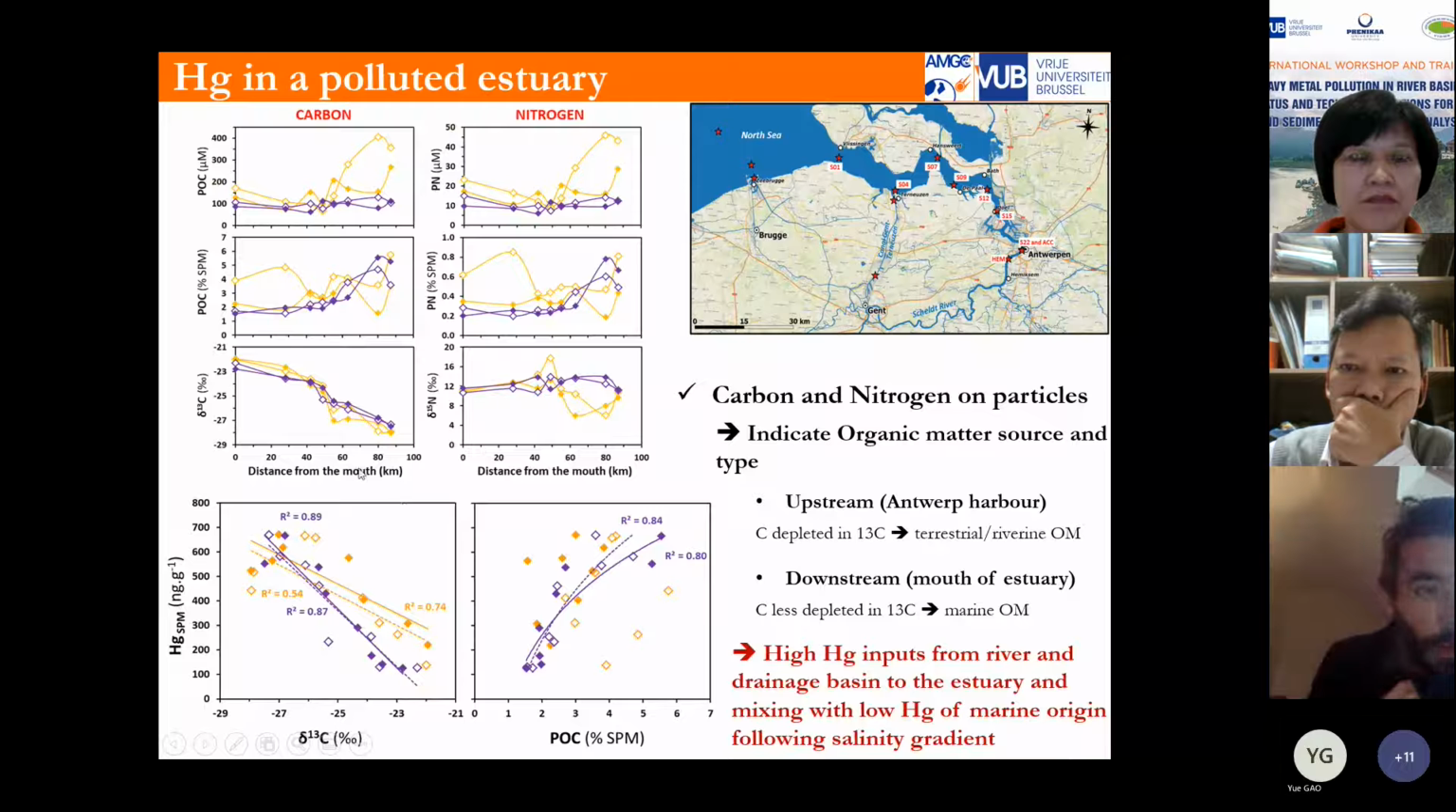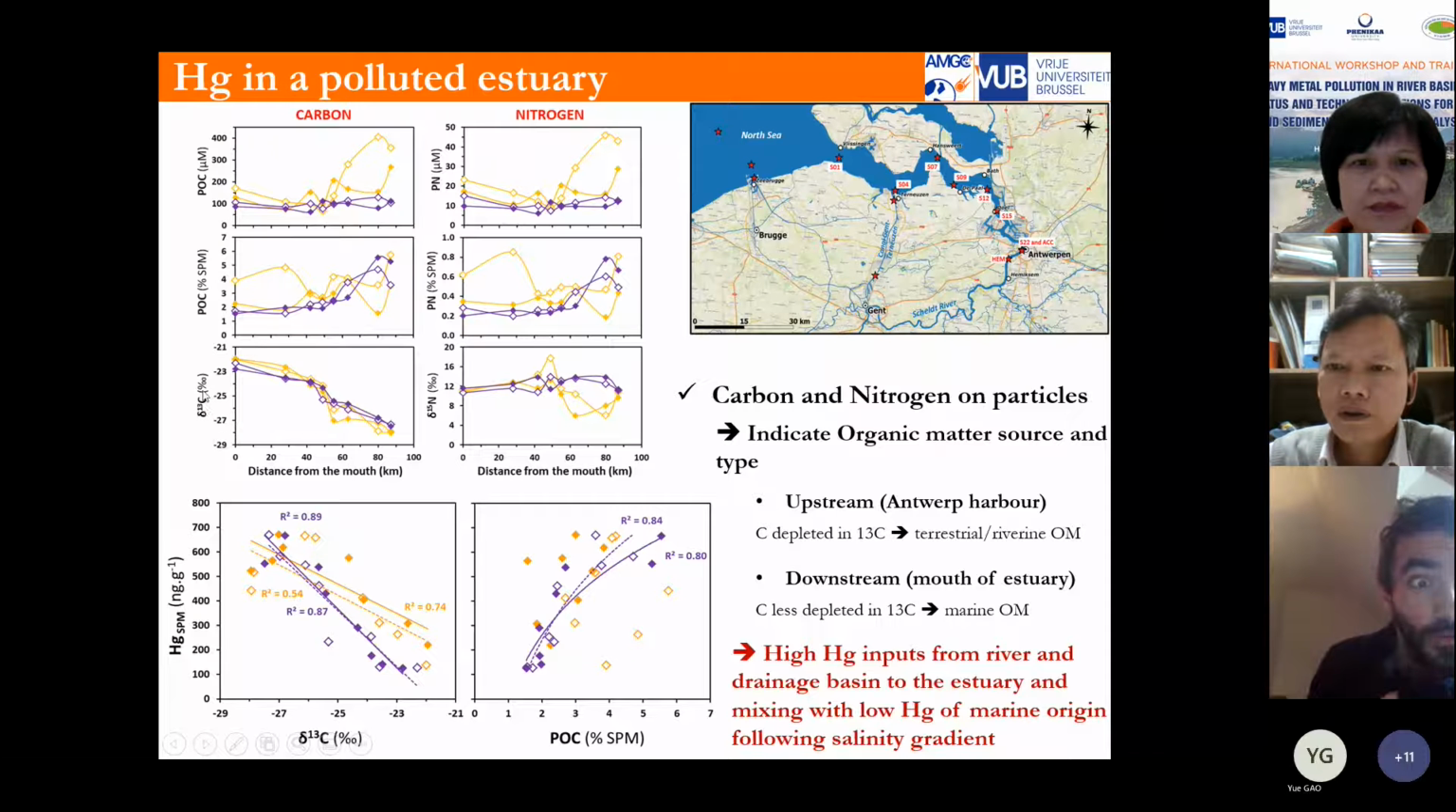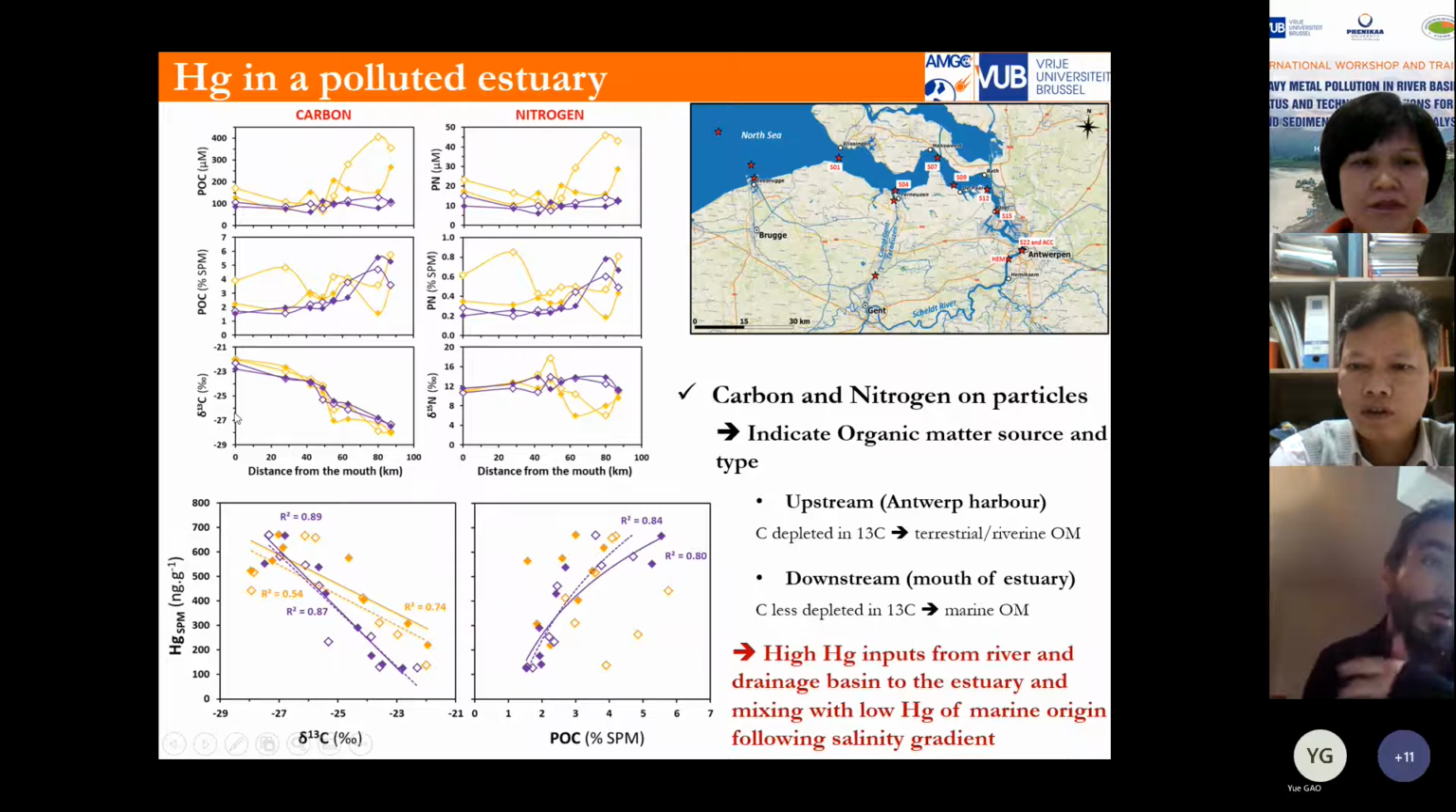So if you are not familiar with this nomenclature or what carbon and nitrogen signature can mean, I'm going to talk mostly about carbon. Actually, carbon isotope signature can give you information on the source of this carbon. So basically, if it comes from terrestrial environment, it will be mostly depleted. And if it's carbon produced in the marine environment, it will be less depleted, or enriched, compared to